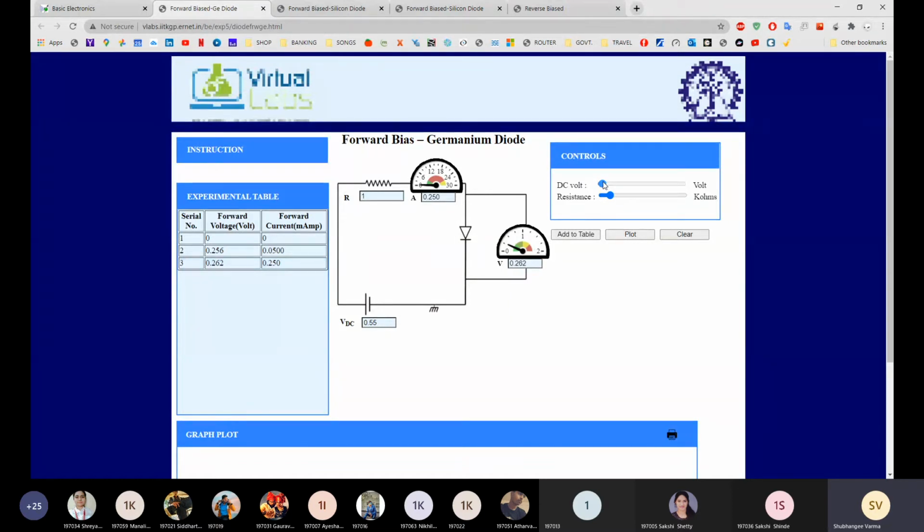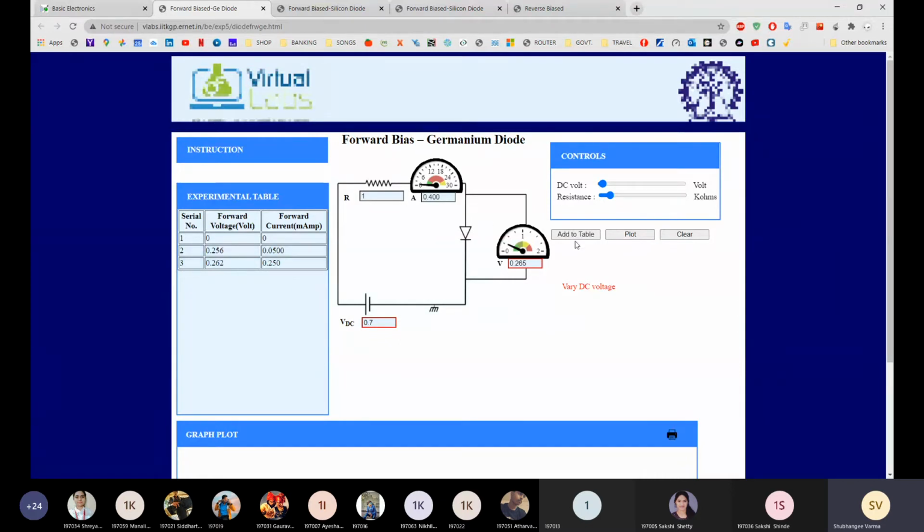Now I am going to change the external voltage to 0.6. Slowly you have to do it, because germanium diode is very sensitive. Okay, it's showing 0.7. Okay, you can try. If you can make it precisely 0.6, good. Okay, so see over here, the external voltage is 0.7, and for 0.7 your current is 0.4, and the voltage across the diode is 0.659. It's almost constant, student, because once diode is on, the voltage across diode is constant. That is nothing but on state voltage.